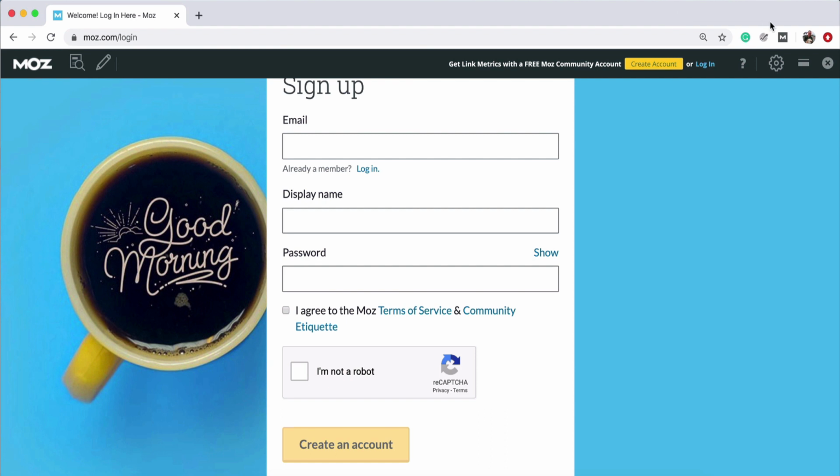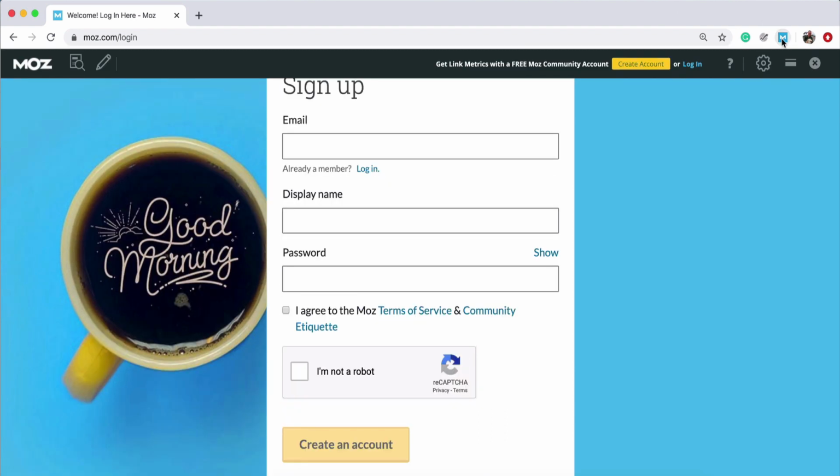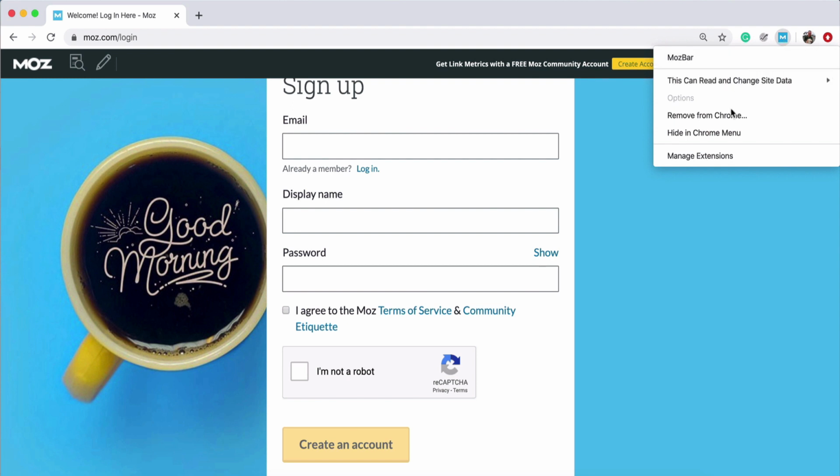And if you don't want that data, if you want to remove it at any time, you can right click here and you can say remove from Chrome. That's how easy you can delete it, and that way it will go away, because sometimes if you're not doing SEO, that black bar can be a little bit annoying. So that is how you install and use the Moz bar. It's free, you don't have to pay for it, although Moz does have a paid account. You don't need that at the moment.